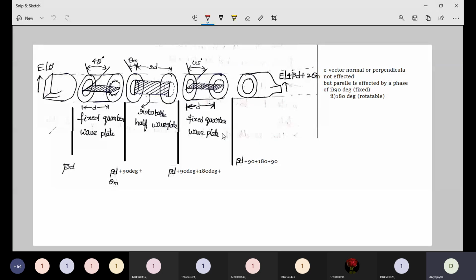The name itself says that here we are going to make use of rotatable waveguides, and the waveguides that we are considering are circular waveguides. This entire diagram consists of two important parts. First, if you observe these two, they are fixed circular waveguides. This one and this one are fixed circular waveguides, and the middle one is the rotatable circular waveguide.